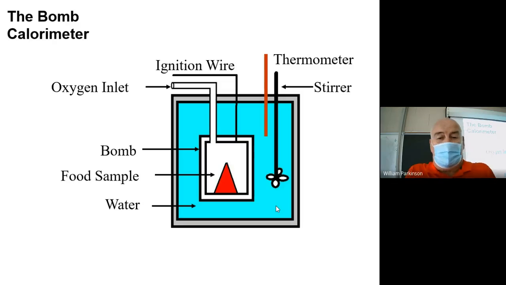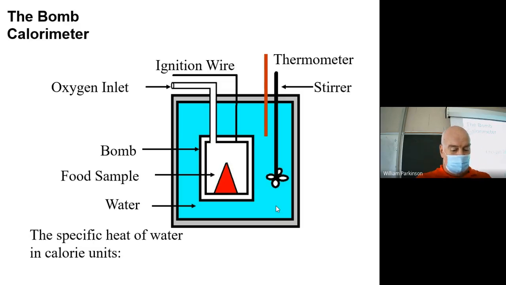So if the kilogram of water goes up by 50 degrees when I burn that food in there, I put a 50-calorie sample of the food in the chamber. If I put food in there, put the oxygen in, put the fuse in, light it up, and it goes up by 75 degrees C, I put a 75-calorie chunk of food in the chamber. So this is literally how the FDA determines the calorie content of any food sample that we are using.